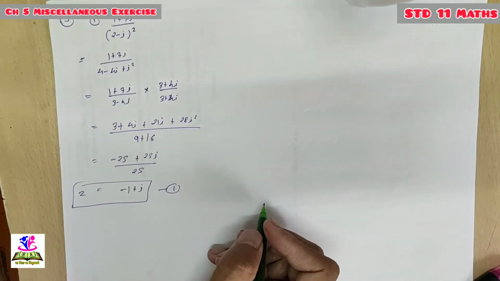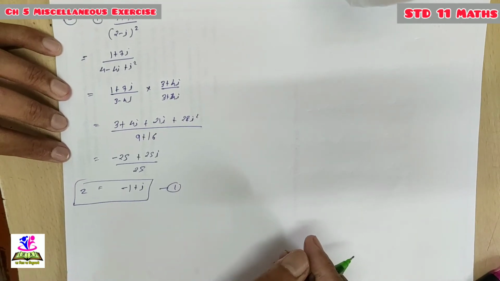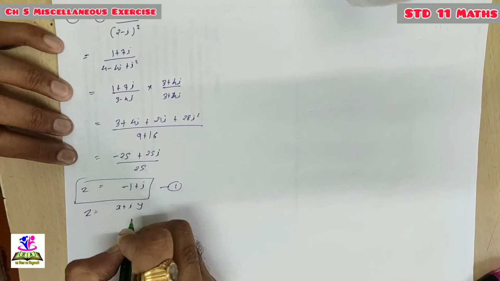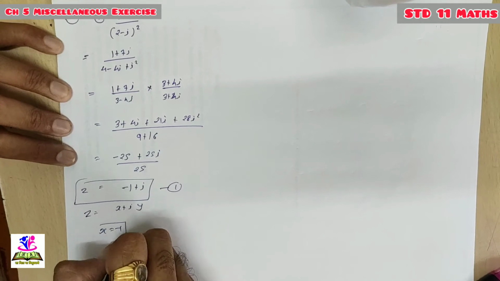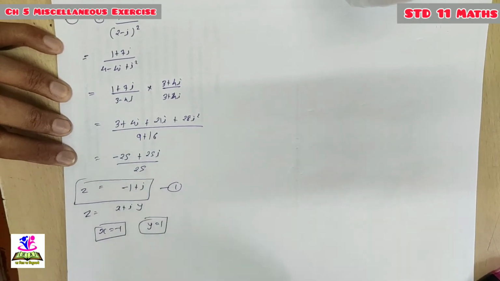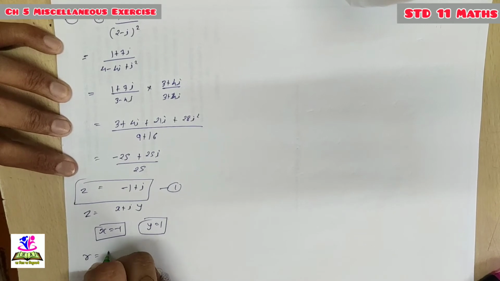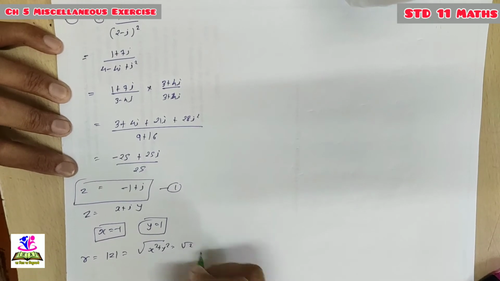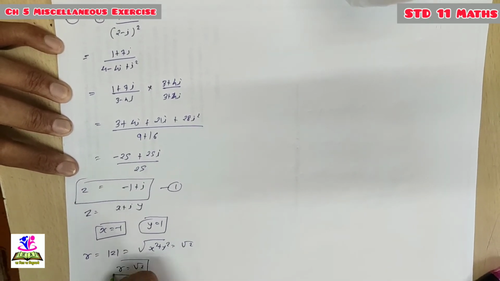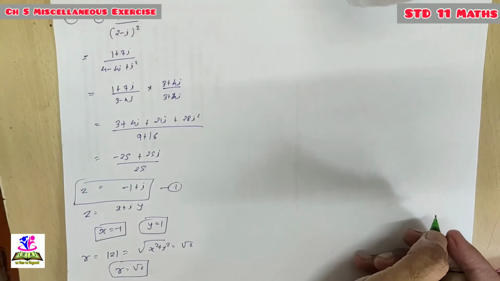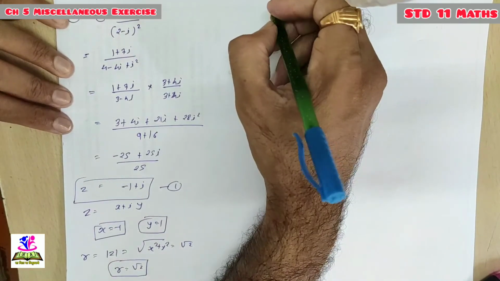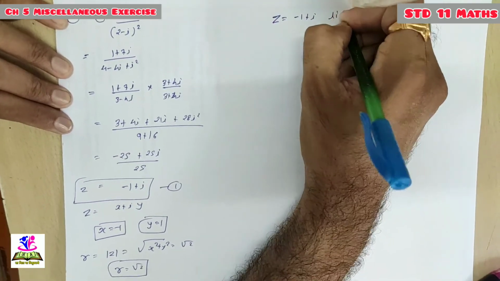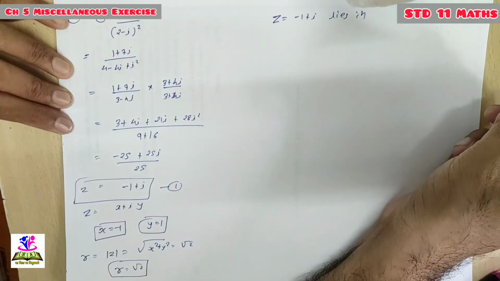Now we have to write the polar form of this complex number. Everyone knows that. So compare this complex number z with the standard form x plus iy. We are getting x equal to minus 1 and y equal to 1. So the modulus of the complex number is root of x square plus y square, which is root of 1 plus 1 equal to root 2. So r is equal to root 2. Done. Modulus is there. Now for the argument, we have to check the quadrant in which our complex number lies. So z is equal to minus 1 plus i lies in which quadrant?